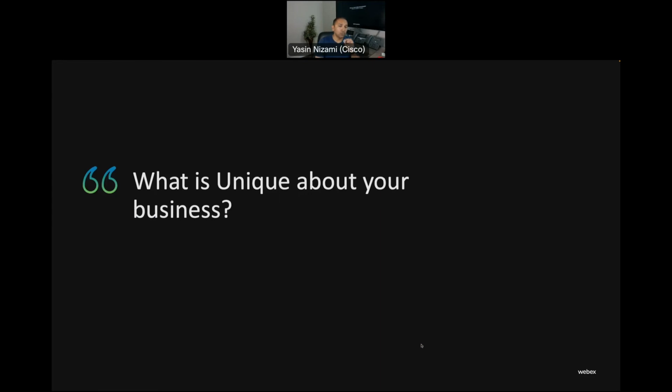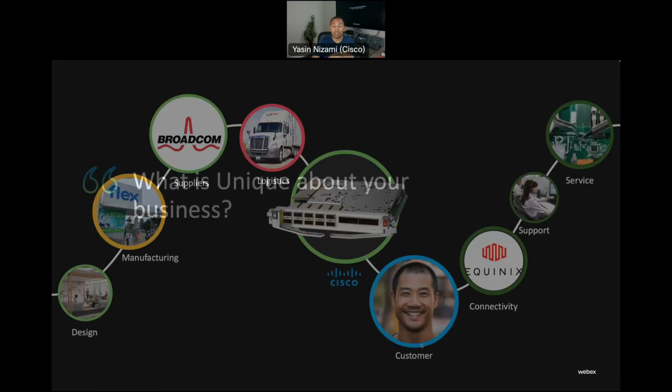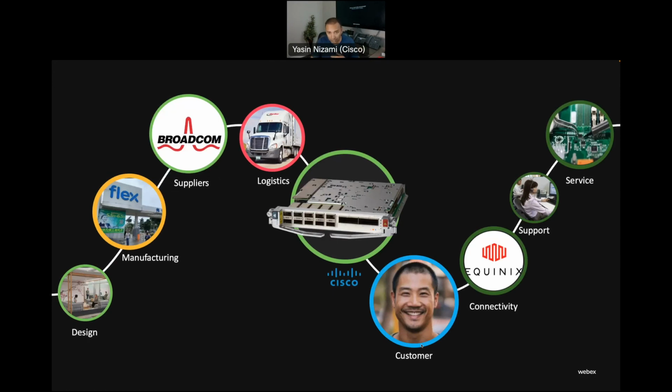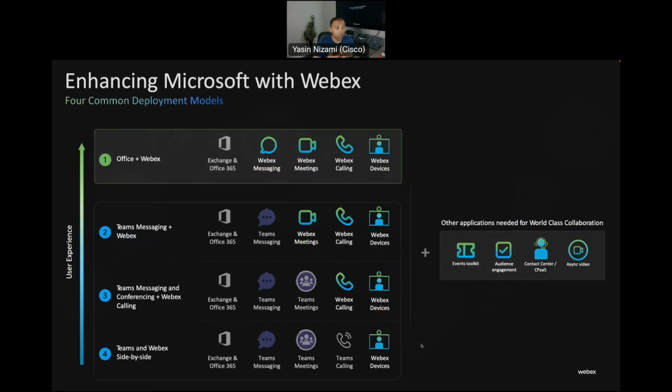Well, first thing you need to understand, what is your business requirement? Every business needs some sort of external collaboration, right? At Cisco, we basically interact with our partners, resellers, distributors, and customers more often than internal communication. So that requires a solution that can be easily deployable and secure in order to communicate